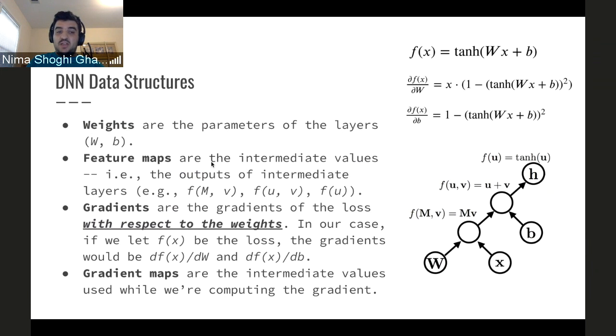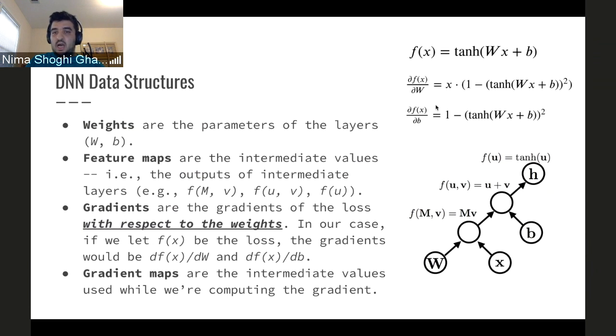The feature maps are the intermediate values. So in this figure, the f of mv, f of uv, and f of u, these are the intermediate values, and they're called feature maps. The gradients are the gradients of the loss with respect to the weights. This is an important distinction. It's not with respect to the inputs, because we can't really change the inputs. We're changing the weights. So in our case, if f of x is the loss at the end of the day, then the df/dw and df/db